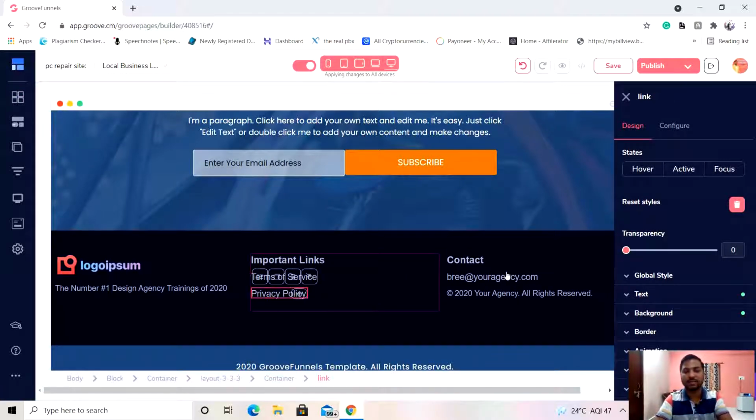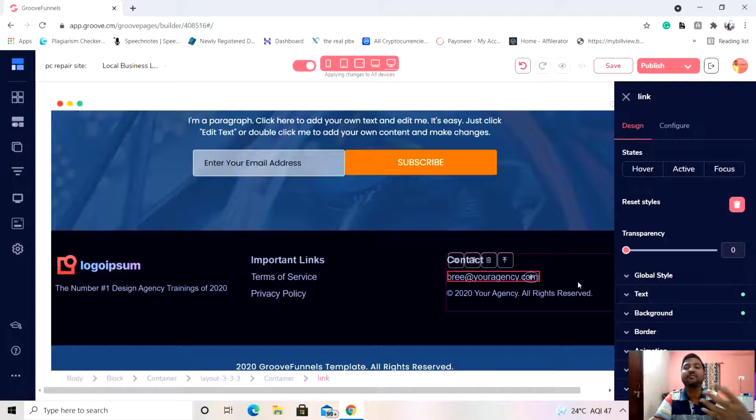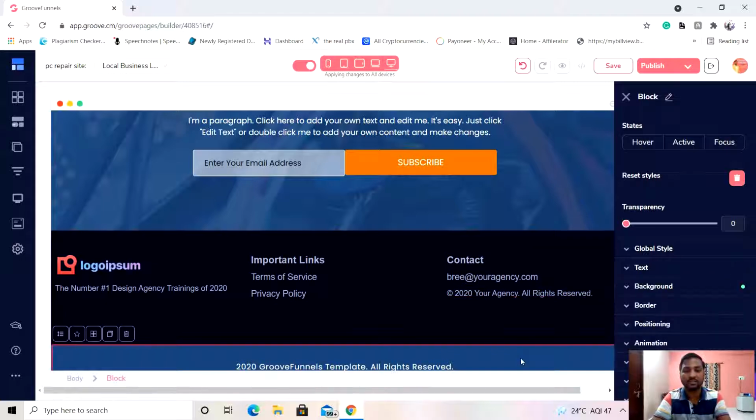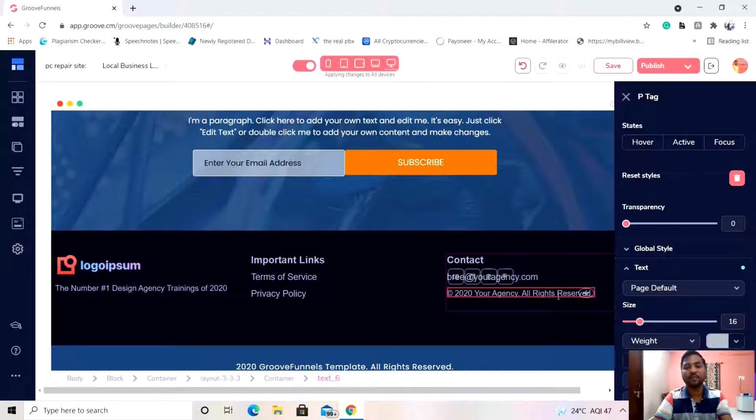Okay, you can give contact details, like if you want your clients to reach you for any kind of queries or any kind of issues related to the services, or if they want to complain about anything, you can give them a specific email address where they can contact you. Okay, and here the same thing is mentioned, the all rights reserved. So if you want to delete the last column, you can do that. Okay, or if you want to delete this particular block from there, you can do that.